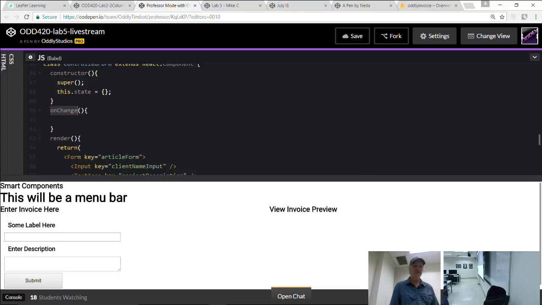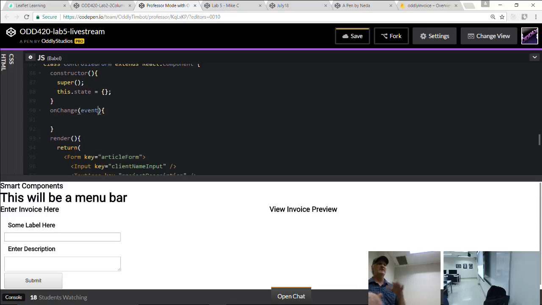Okay. When this change happens, we're going to get something called an event. Basically, any kind of mouse interaction or keyboard interaction always triggers what we call an event. And that event has a little bit of information in it.